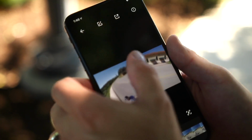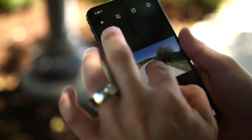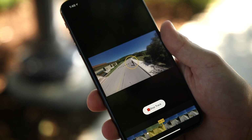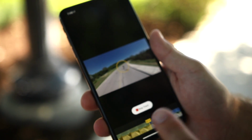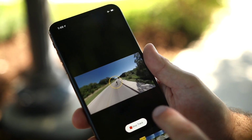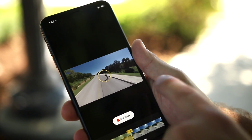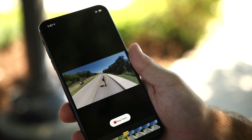So now after we scroll through the different aspects of what we want, basically I want to just follow you the entire time. So we push and hold and we do Smart Track. So now it's smart tracking you this entire time. Wow. So when we go to import this into a fixed frame, it's gonna have nothing but the footage of you in there. Everything else is erased. It's gonna be fixed frame. Now it's using FlowState, so it's stabilizing that footage. And watch, see as I get closer to you, it's still gonna be focusing on you the whole time,